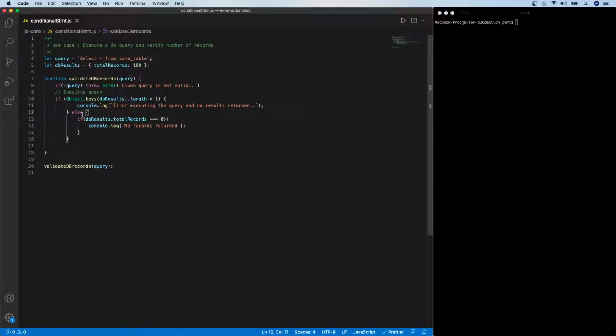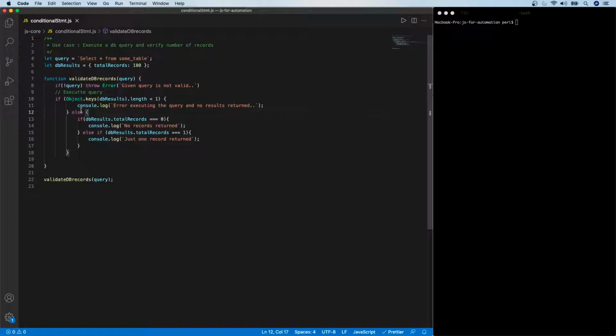So we are in a position to check whether it is going to be just a 0 record, which means there is no valid result found in the DB, and then we just print here. What is the next condition? Else if, right? So these are all the internal conditions. Else if this db.query could be just one record, possibly yes, because these are all the possibilities when we get a result from a database. One could be just one. In that case, instead of just one record, I'm going to say here now, just one record returned.